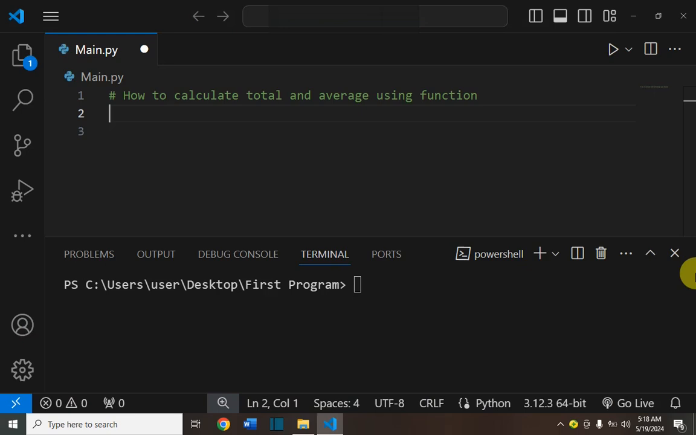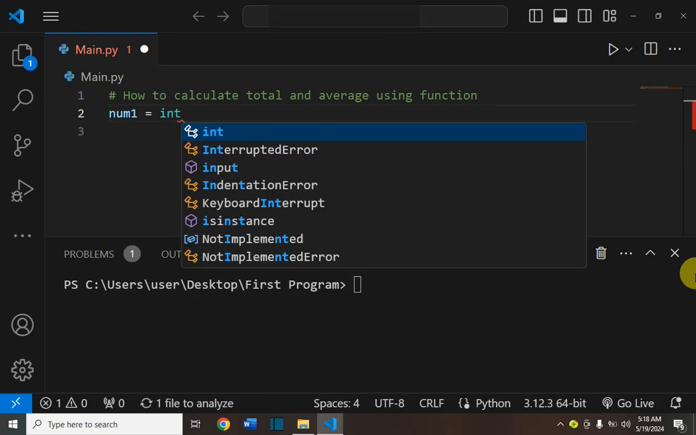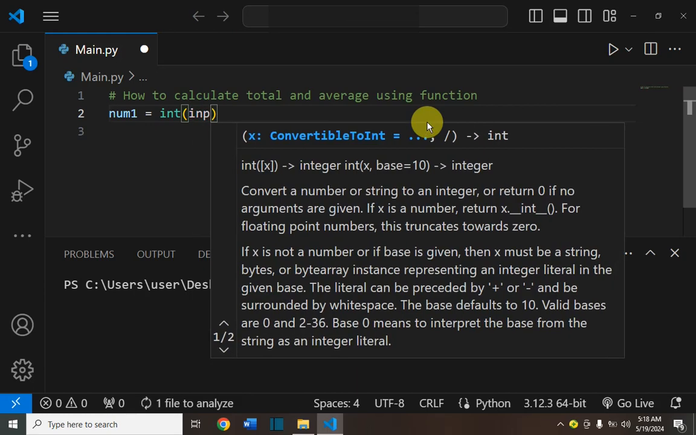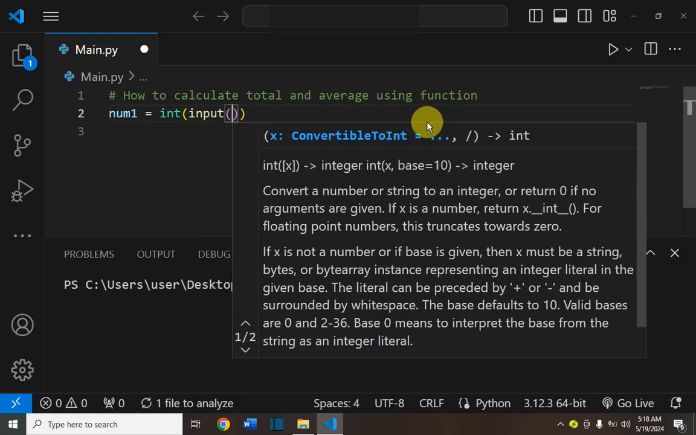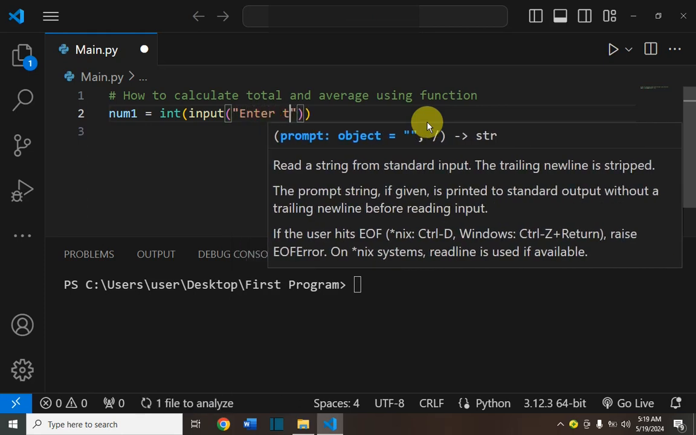So our first number will be number 1, which the user will provide to us, and because by default the input by the user will be a string, so we need to convert it into an integer. That is what we are doing here. So input, enter the first number,